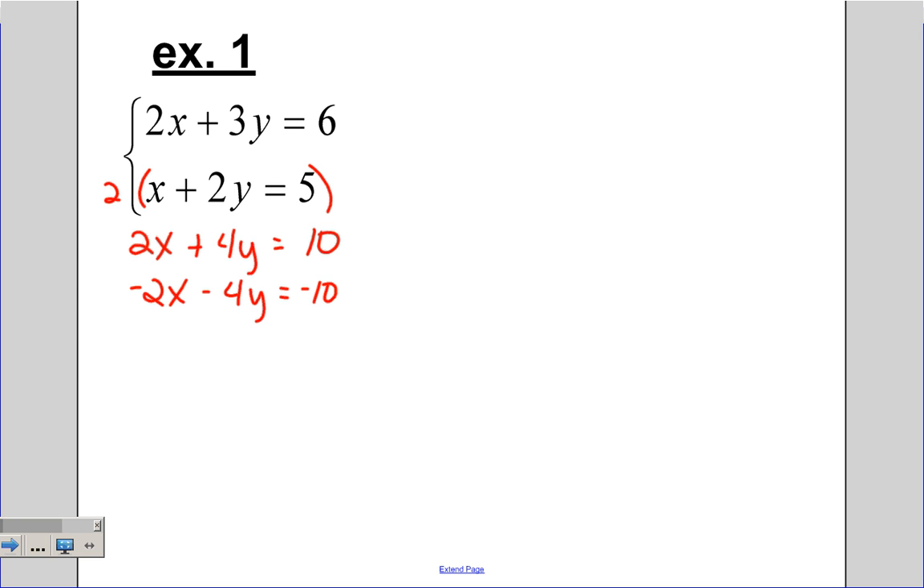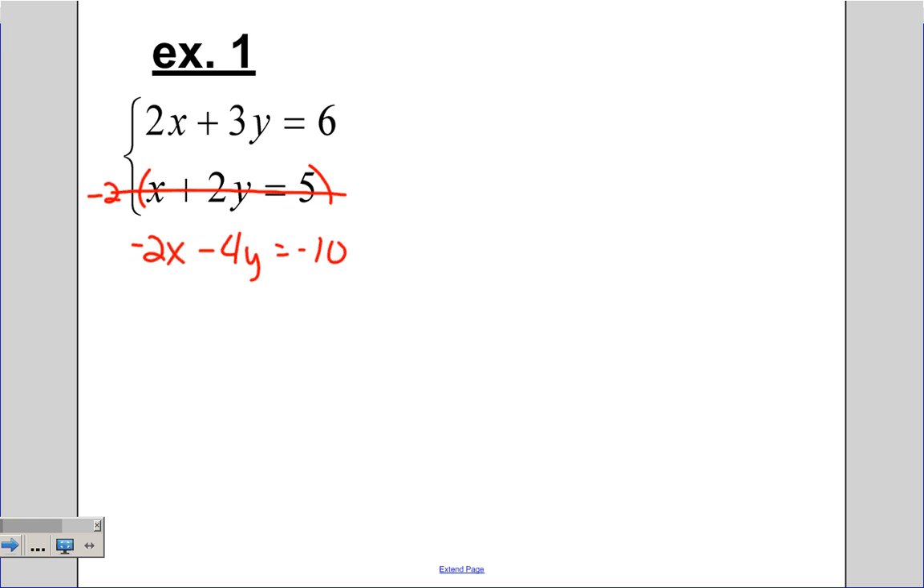Now, that's a lot of steps and a lot of things to write, so what we want to do is think ahead. If we think ahead, we could have actually multiplied this line by negative 2 and skipped straight to here. So that's what we want to do. We want to think ahead as much as we can. Save ourselves some time. So if we multiply this bottom line by negative 2, that gives us negative 2x minus 4y equals negative 10. Let's go ahead and cross that out for now so we can look at what we're